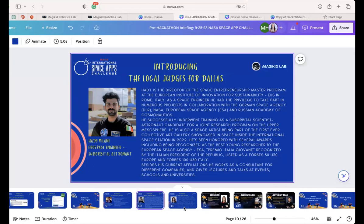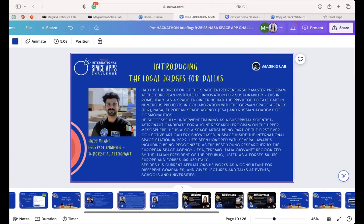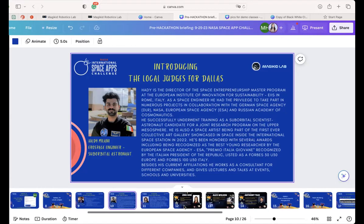So you could filter what kind of challenges fit your interest and difficulty level. And for us, we chose a challenge that we were most familiar with. That year, the challenge was space farming, and I had previous experience in aeroponics, which is a soil-free farming method. So our team just collectively decided to do that project because we were most familiar with it and we had an